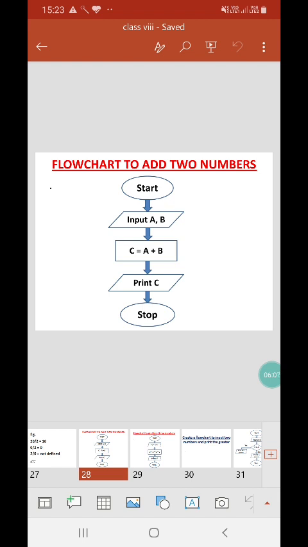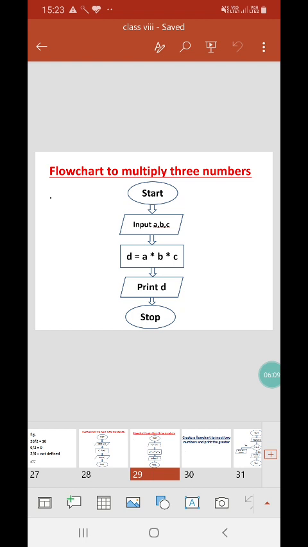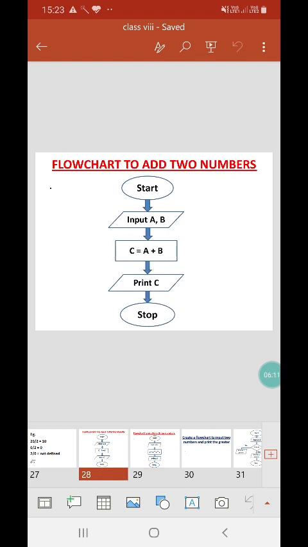It is a keyword. Now keyword means some types of words which have some special meanings in the program, and our algorithm and flowcharts contain some keywords. Okay, and we have to use those keywords in our flowcharts and algorithm.